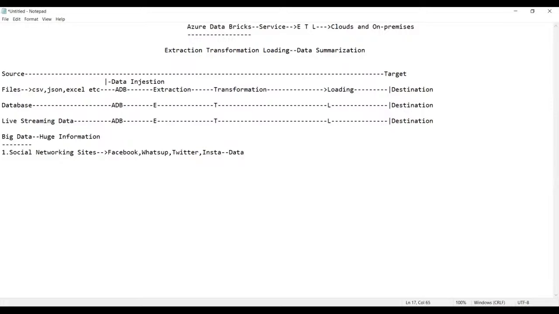So basically this is a business now, and from the business we get the data. We put the data in the form of files or whatever type you have.